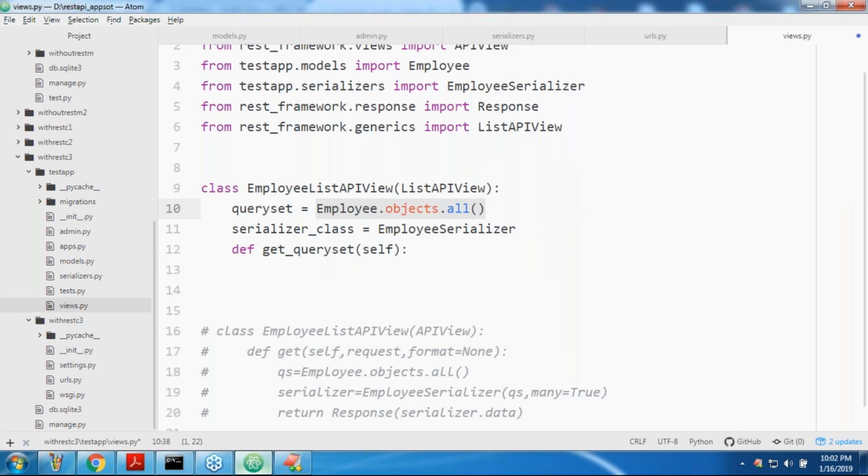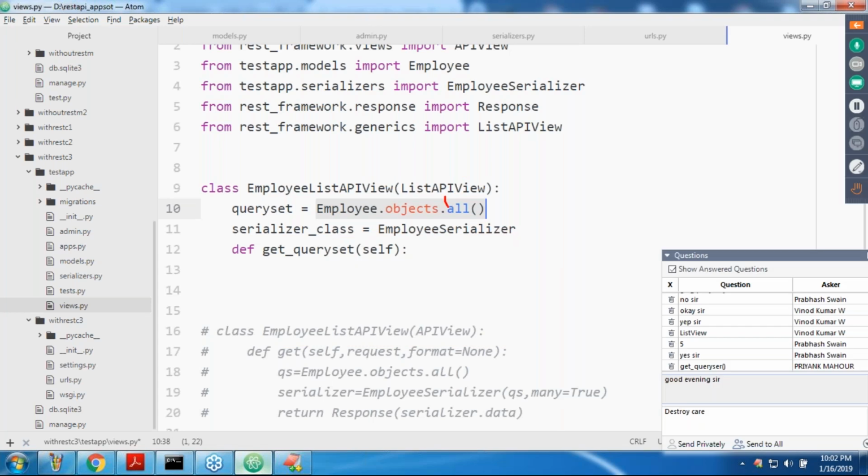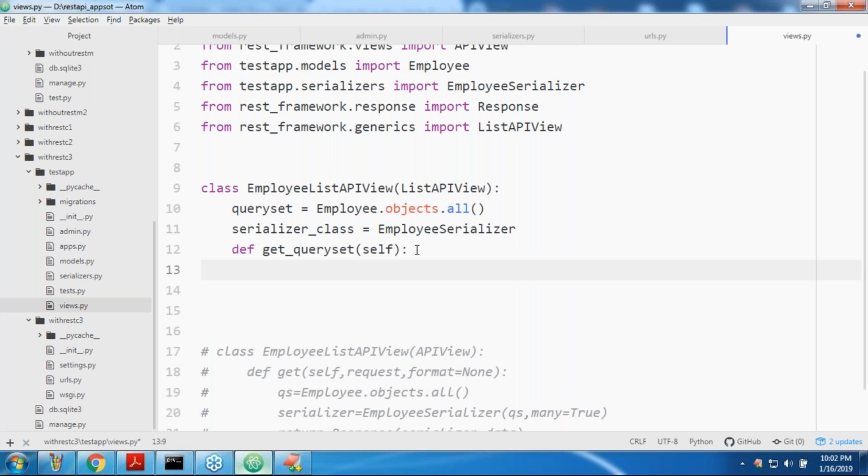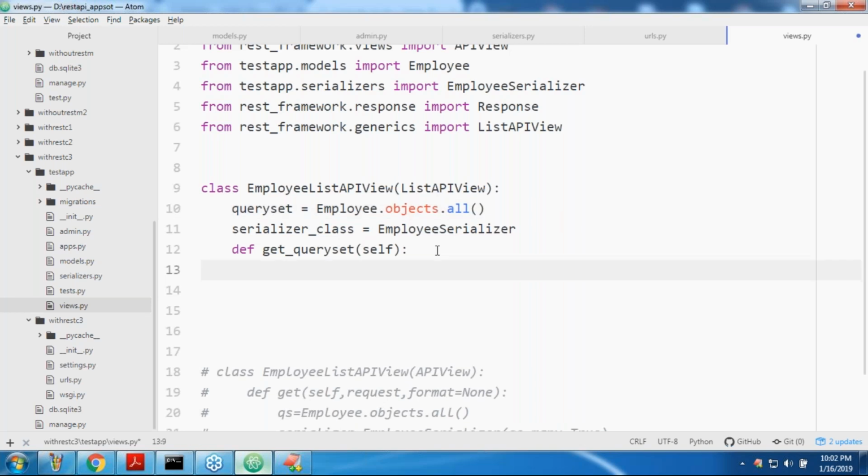Now take special care about this one. Even if you are overriding this, we are not required to use this variable. Why am I overriding this? To implement search operation.